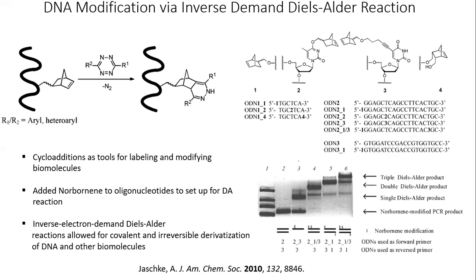And you get these derivatizations that are irreversible. So now you got these molecules labeled and you can track them, use them for other purposes, and you know what's happening with that particular section of the polypeptide. And this is how they characterized it, right? So they have the norbornene modified polypeptide, which is right here, and they track this by PCR. Then when you do a single Diels-Alder, you can see here, and then double Diels-Alder, you can see here, and then the triple Diels-Alder, where you have more than one of those norbornene side chains that's reacting, and it's